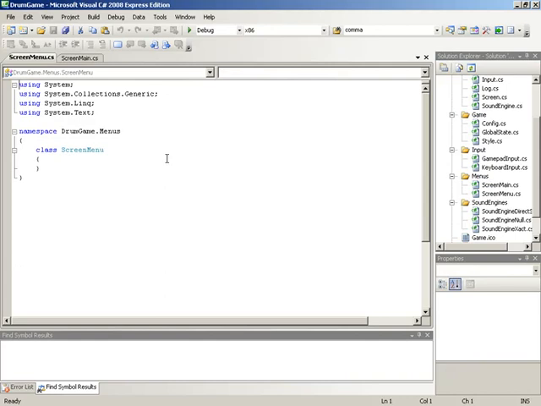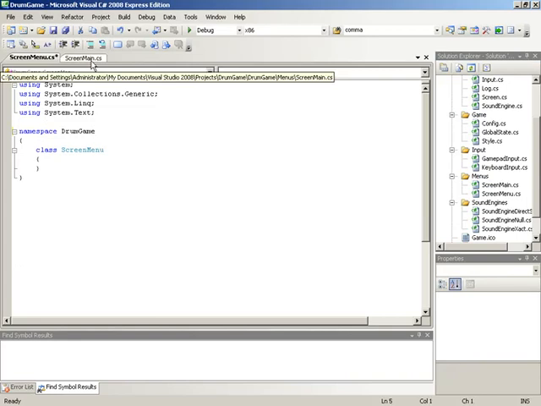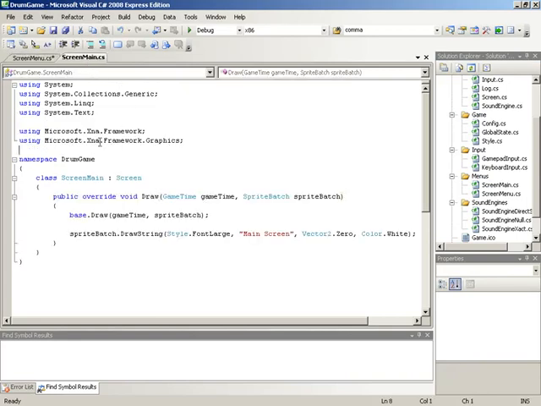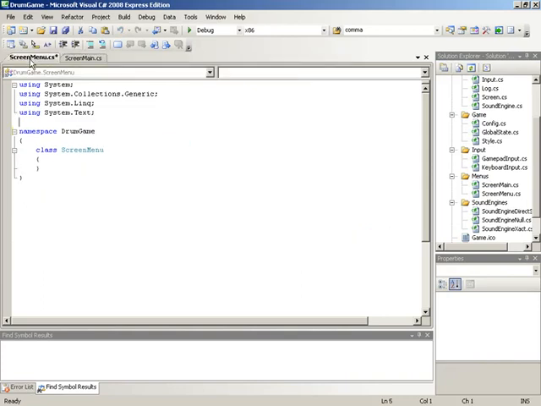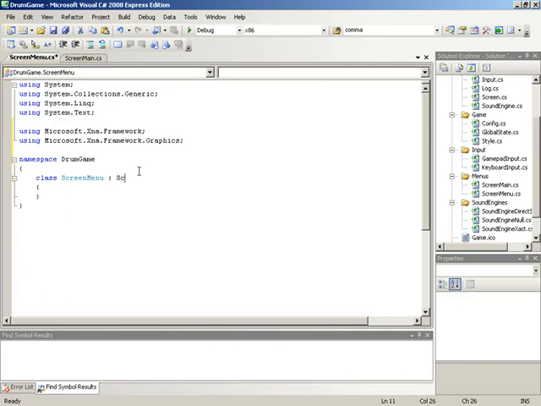As soon as we get the Screen Menu class loaded up, we'll jump in and do our standard operations of cleaning up the subnamespace and adding in some using statements. We've still got the Screen Main class open, so I'll just steal the using statements from here, because we'll be looking at both XNA.Framework and XNA.Framework.Graphics. Something less to type. Now we can move into the class itself with Screen Menu. Of course, it is itself a screen, so it will extend from Screen. And we are also going to mark the class as abstract,